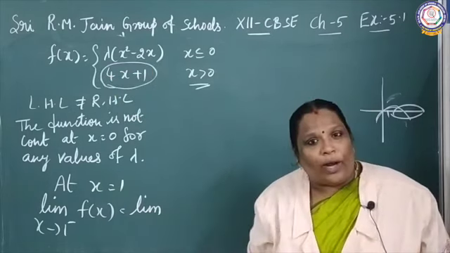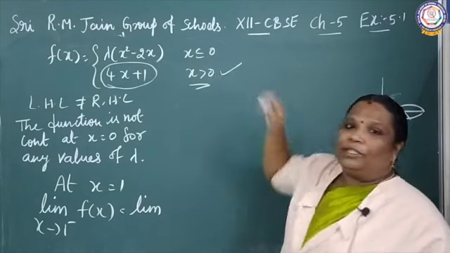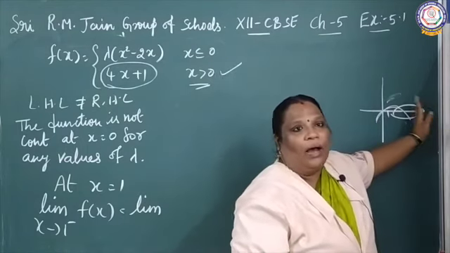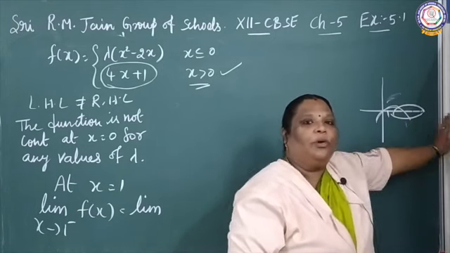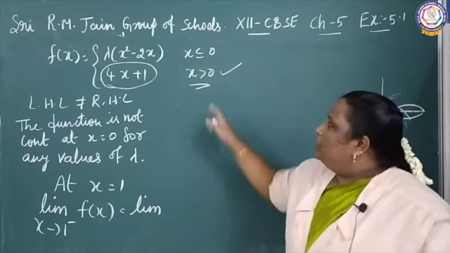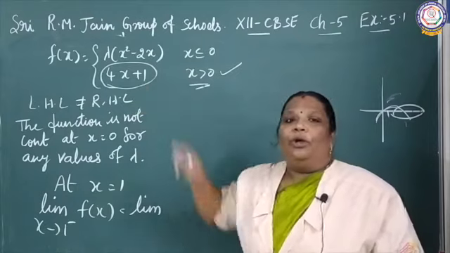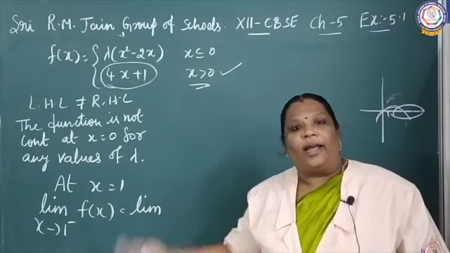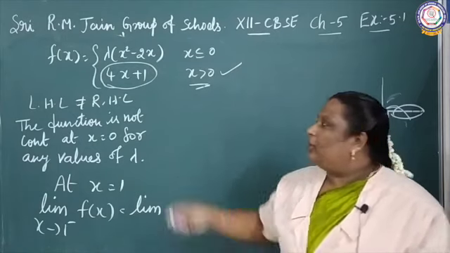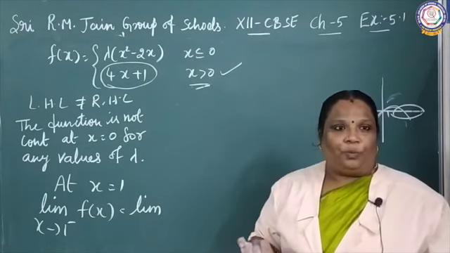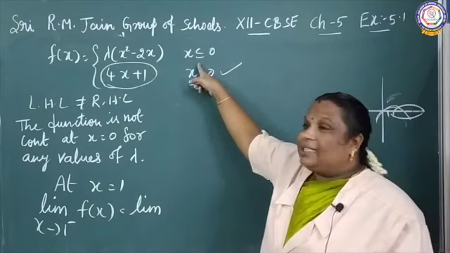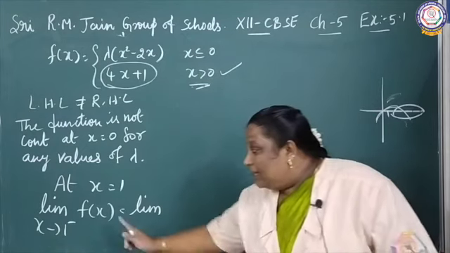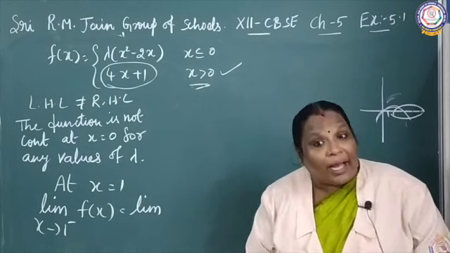X tends to 1 plus, also x greater than 0, because you can take all the possible values. After 1 you can take all the possible values here. So for x greater than 0 you can also take this value, 1 plus. Left hand limit and right hand limit both take the values because x is greater than 0. Okay, this is x less than 0. X less than 0 means it moves on to the negative side, but the value is 1 minus.